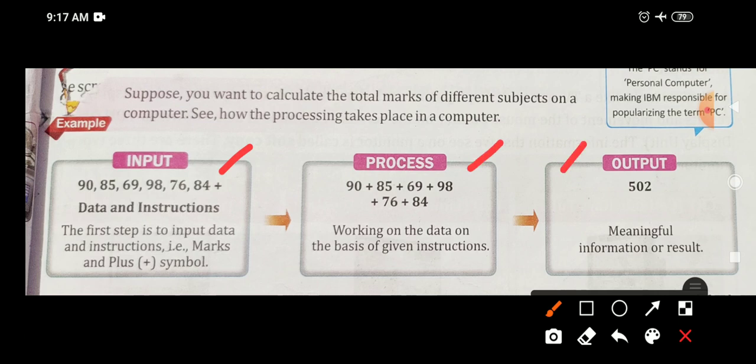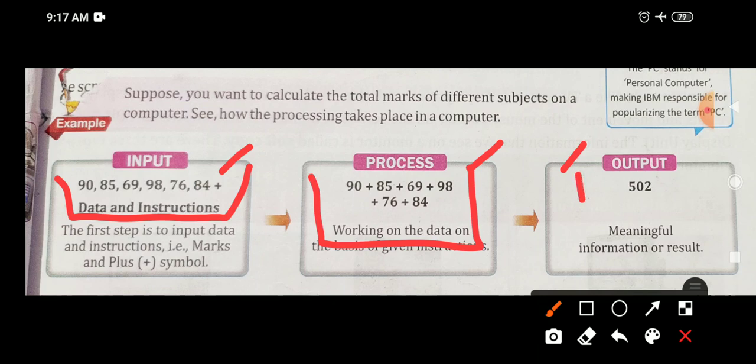Now see, with this example, we have given the instruction or data to the computer: these numbers 90, 85, 69, 98, 76, 84, and plus means we should add these numbers. In processing, the computer adds all these numbers, and in the output device we can see the result, that the sum of these numbers is 502.